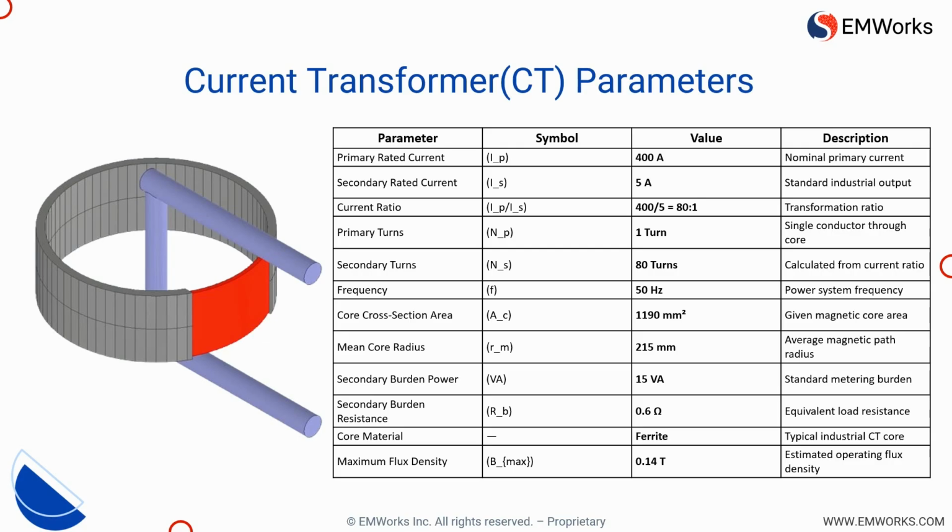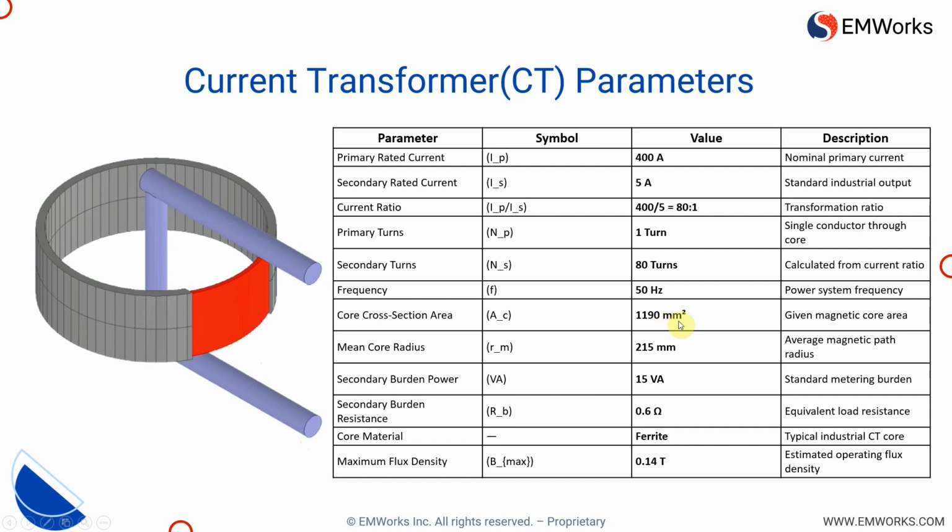In the previous video, we learned the fundamentals of current transformer operation, and now we will see how to simulate these applications. In this example, we will simulate a 400 to 5 amps current transformer in EMWORKS EMAG using finite element analysis. The model is based on an industrial CT with a core cross-section of